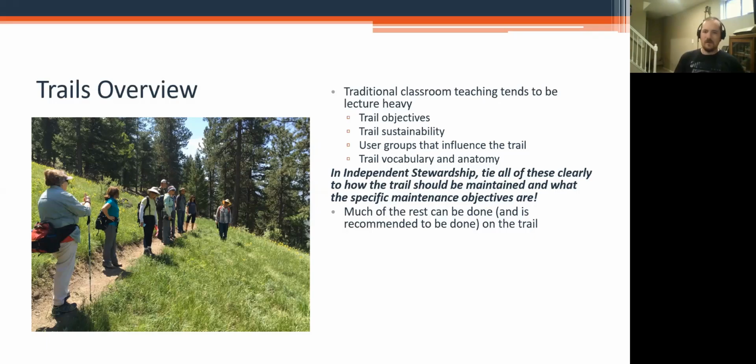And then for the trail vocabulary and anatomy, you stand on the trail. What am I standing on? That's the tread. Point to the critical edge. What is this? That's the critical edge. What's the back slope? Kind of getting them to tell you what they learned, while making sure you're checking that they understand the definitions and covering anything that they don't get. So utilize the space that you're on to go back and cover the anatomy. And again, with the quick reference card and the book, you can revisit the diagrams if you want to while you're out in the field.